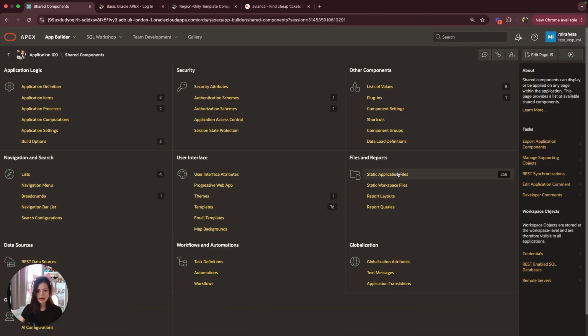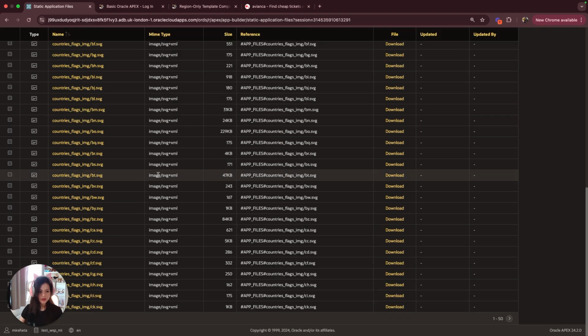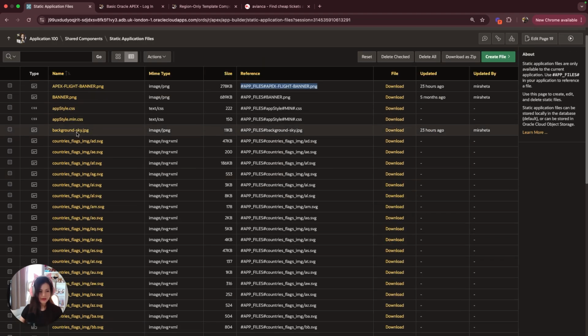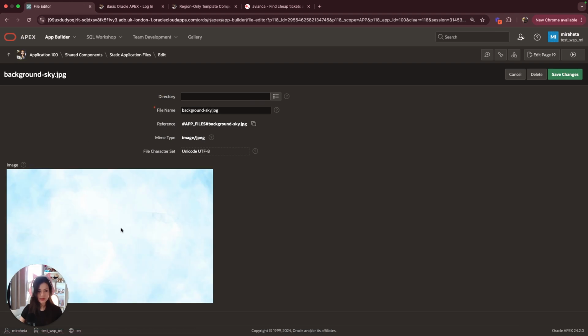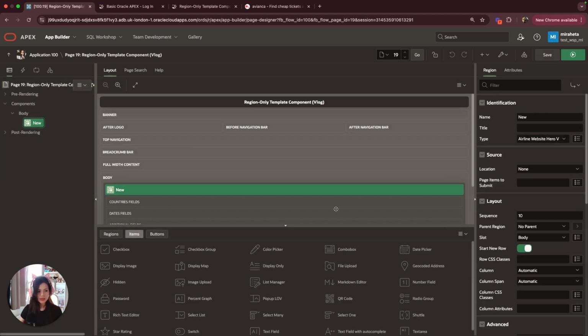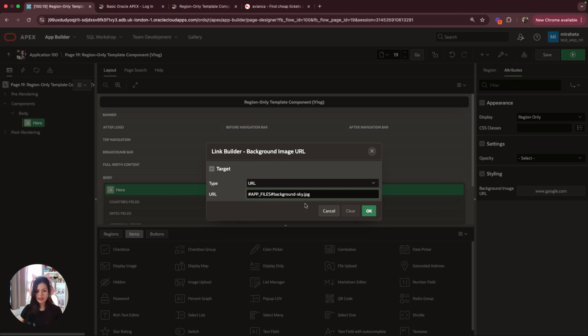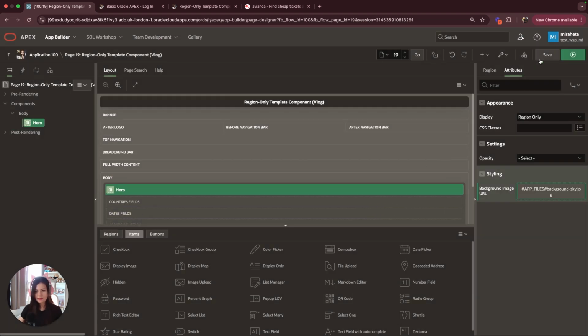In my case, under static application files, I have a banner. So let's see, it'll be background sky.jpg, which is just a very nice sky styling for an airplane. So let's copy the reference, go back into the page, and let me just rename this to hero. On the attributes, set the background image URL to that link and click OK. Now if I save,